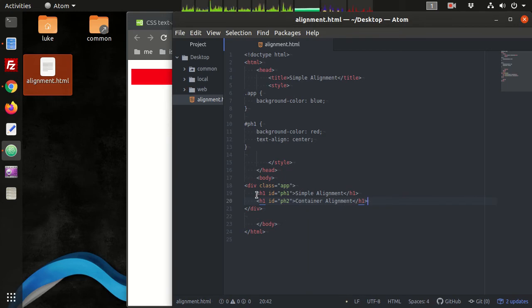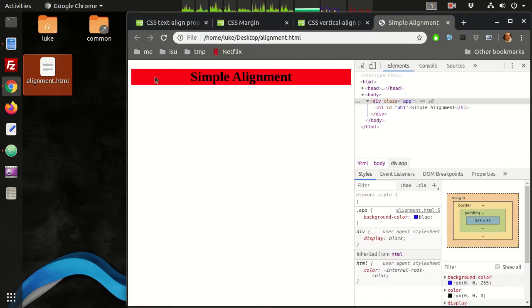Okay, so you notice when we did the text align center, this page heading 1 element has the background color red. So that actual background color we see still stretches across the entire screen, right? We didn't change the size of the container, we just centered the content within the container.